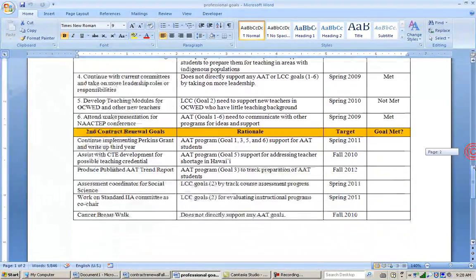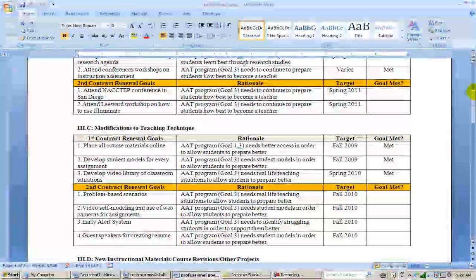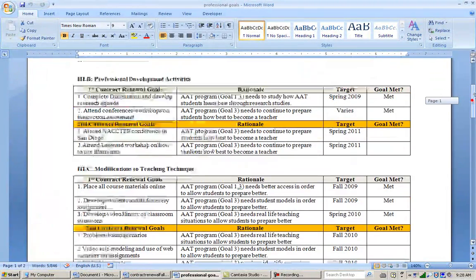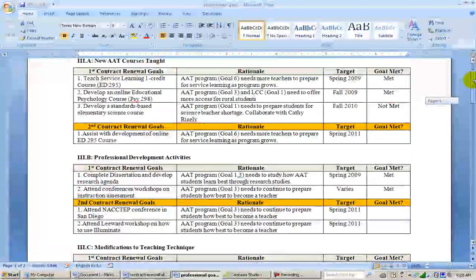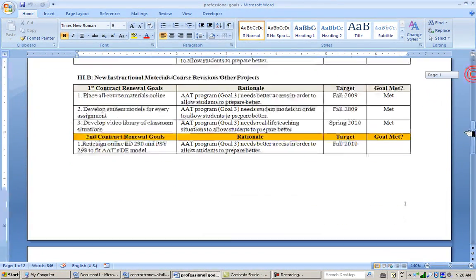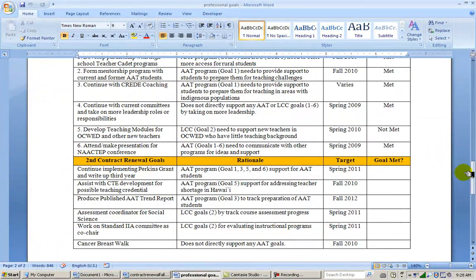And so what that basically does is it forces me to make connections about where I'm going and think about that in a continual framework over the course of several years rather than just doing something over the course of a month or so. I know that's a little overkill, but it helps me also be clear about why I'm doing stuff. So that's basically the parts of this particular contract renewal.